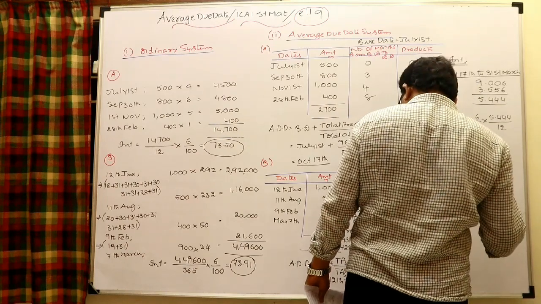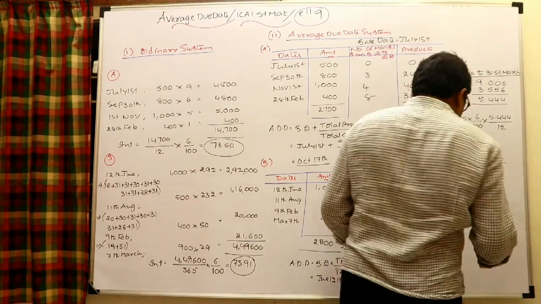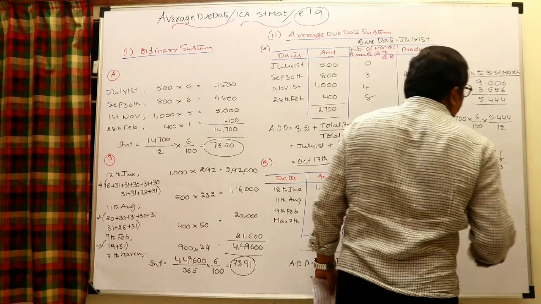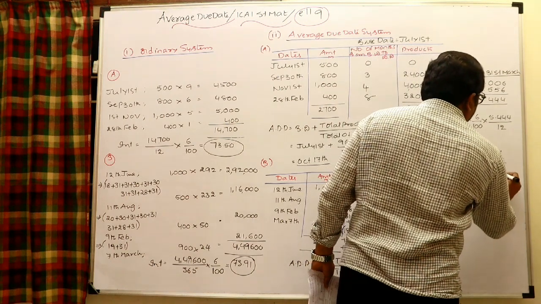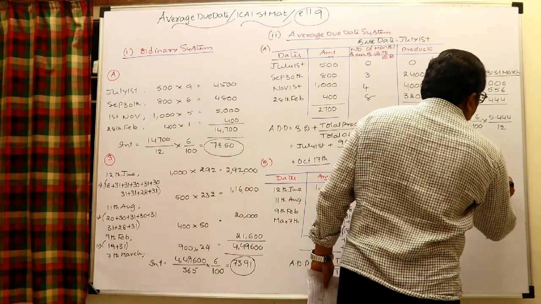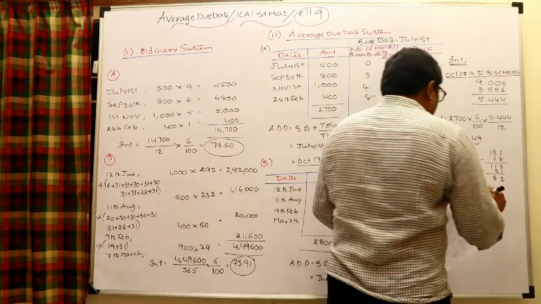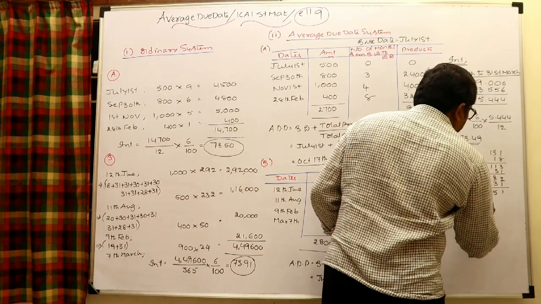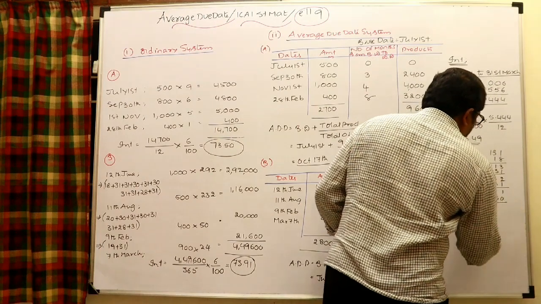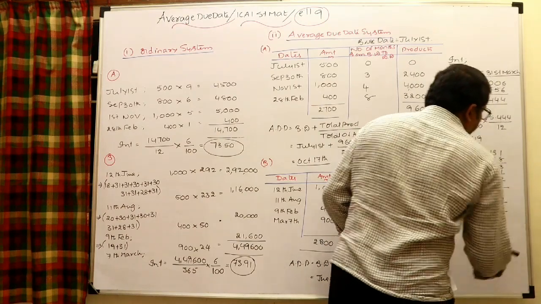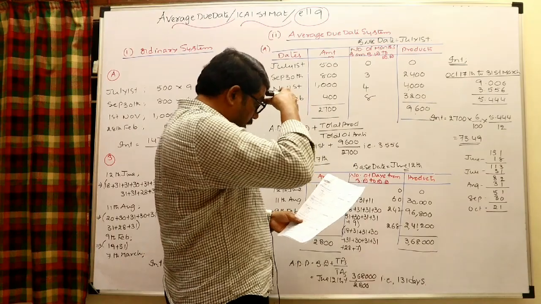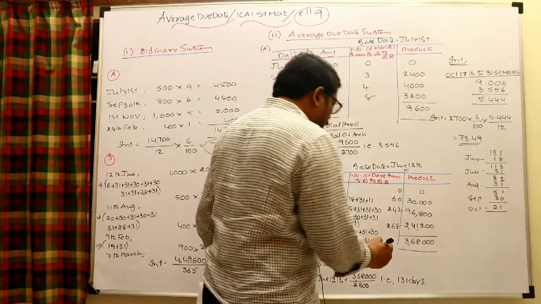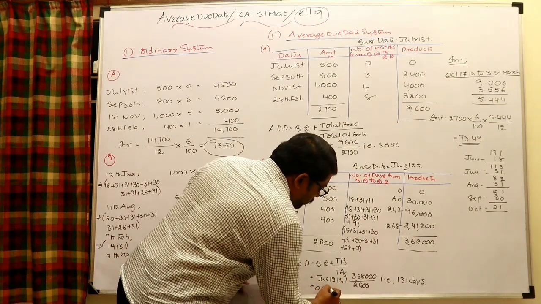In June we can add still how many days? 18 days. Okay, June 18 days we can add, the remaining 113. July 31 days we can add, 82 days are still left. August 31 days we can add, 51 days. September 30 days we can add. October 21 days. So the average due date in the given situation is October 21st. Payment should be done on October 21st.